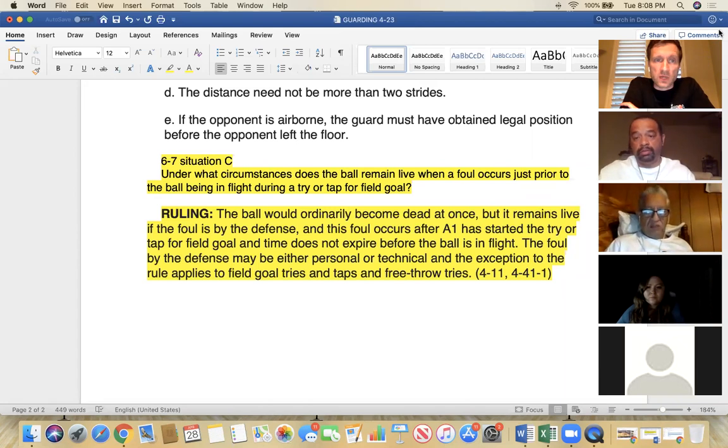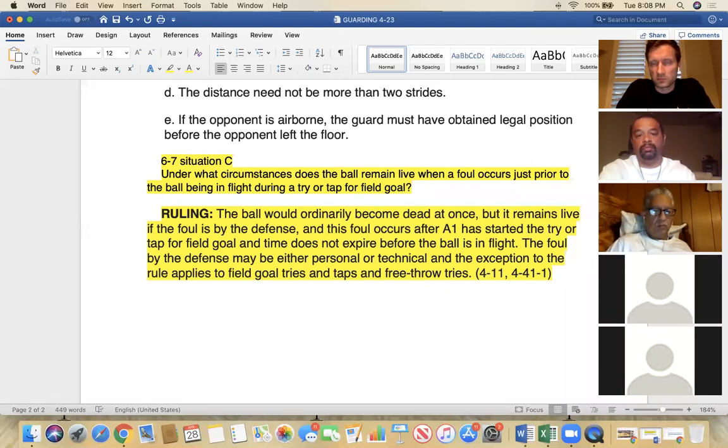I got a case. So I have a case 6-7C. Bob, you have a rule, or do you? I like to go to cases because it just gives it right. So this is the same. Yeah, I've got the rule. If you look, the rule book is 4-11 Article 2. Go to the rule book, Mark. Article 2. I'll go to the rule book and then I'm gonna go to the case because the case plays right there on the screen, right here.